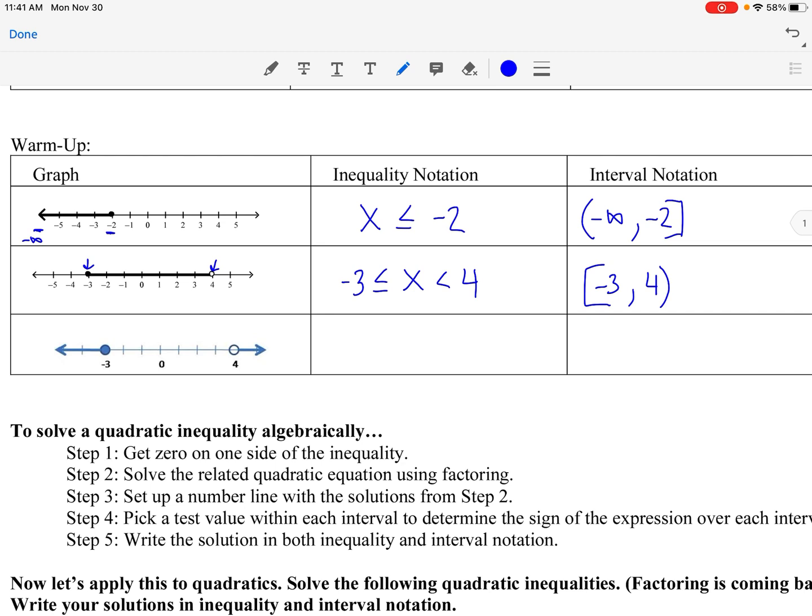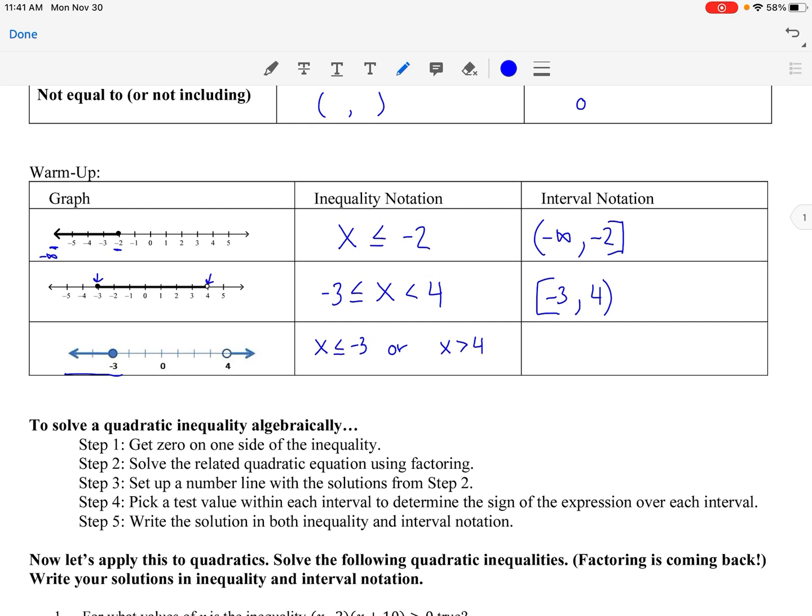inequalities. So we write one inequality for this section over here. So we say we have some x values that are less than or equal to, since it's filled in, -3. Or we have to use the word or this time, or x is greater than 4. Since we have two different pieces, we have to have two different sections in our inequality and in our interval